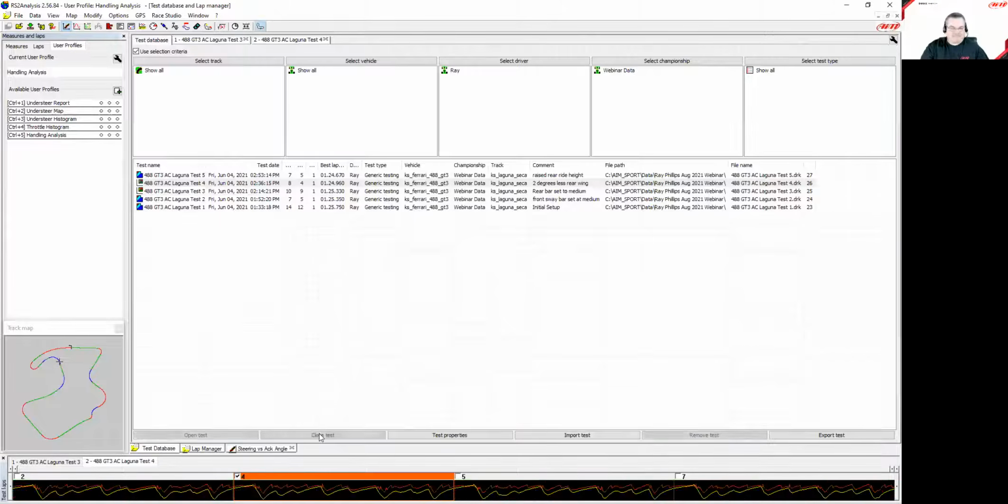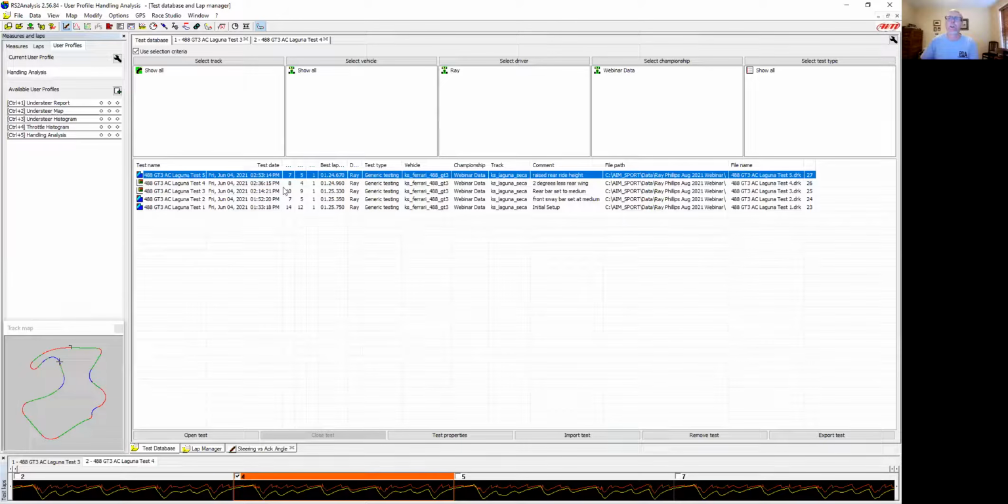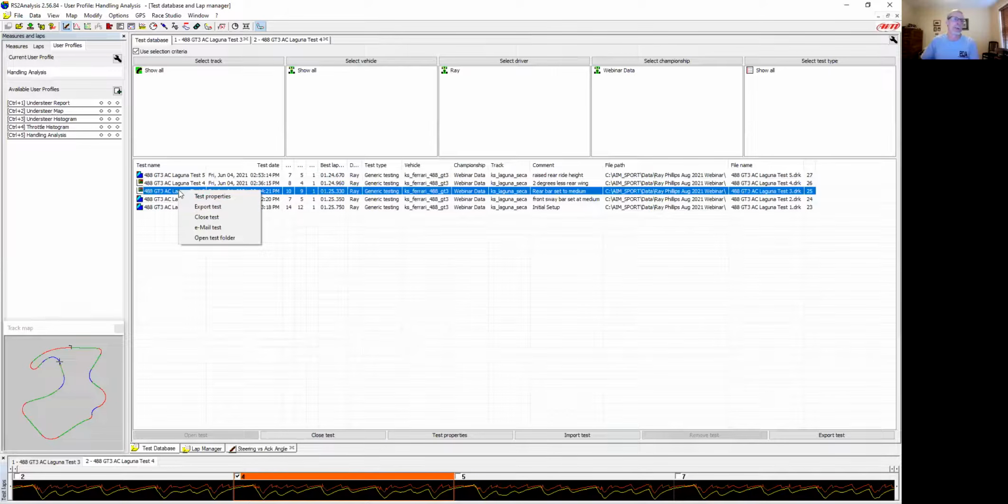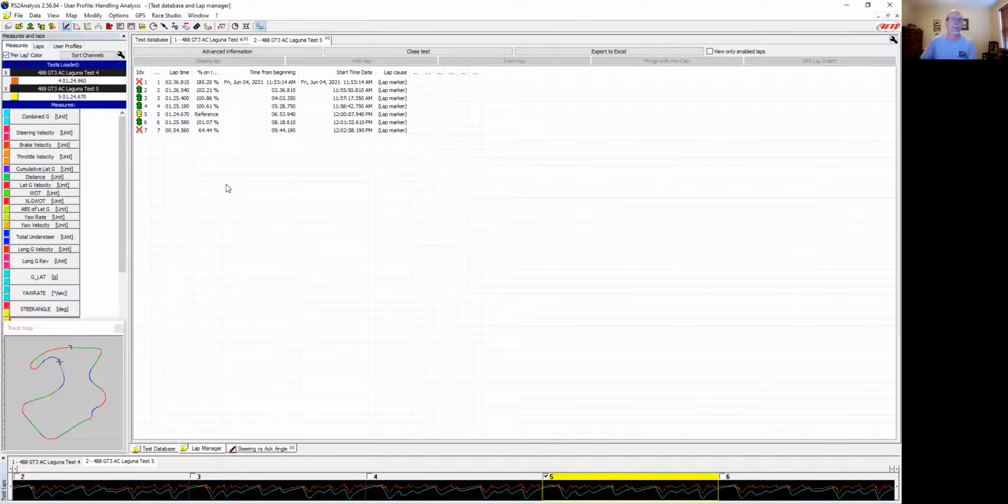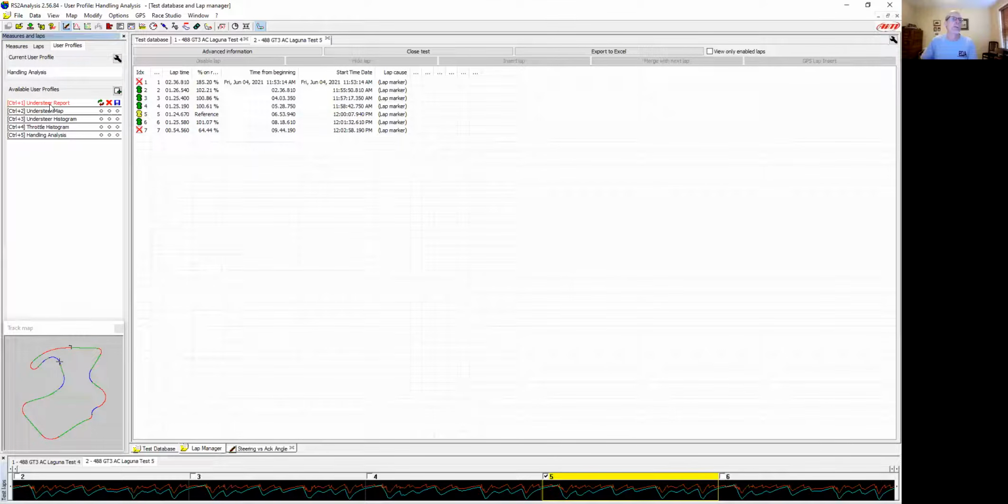Yeah. All right. So let's go to the last setup. So last setup, I'm raising the rear ride height, which is a very common change to make if you're trying to get rid of understeer. And that should help the car in the lower speed corners as well. So if I go to the report,